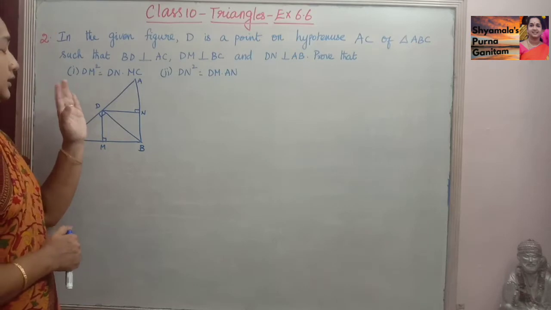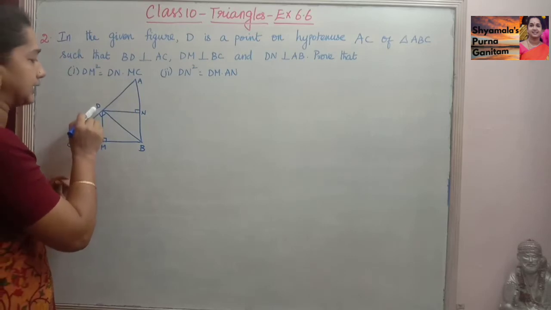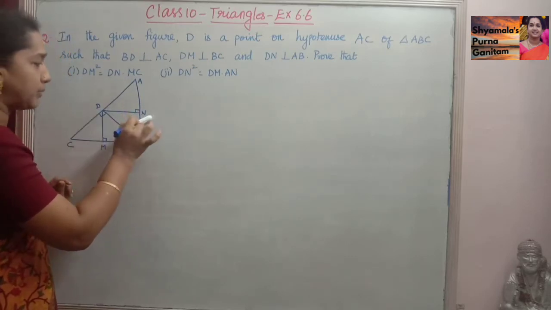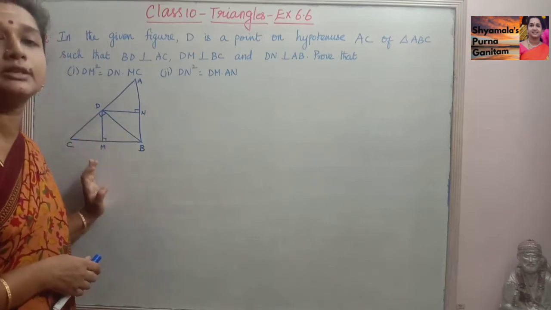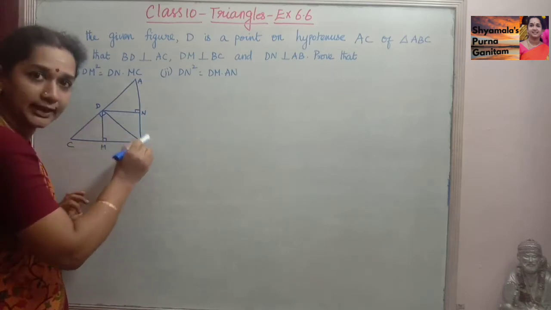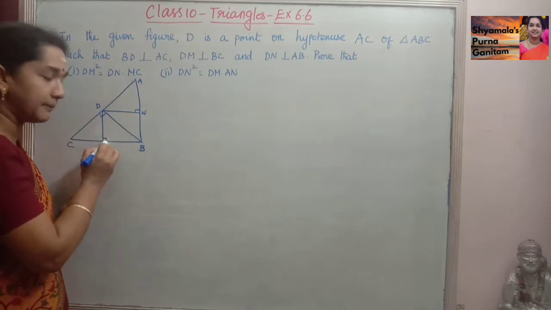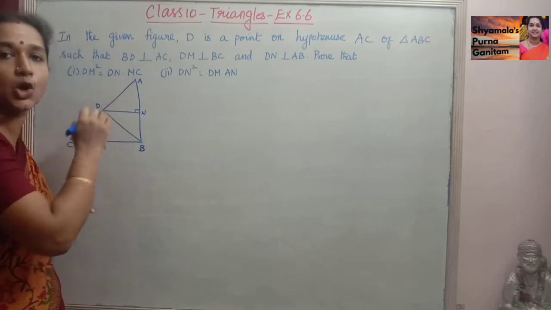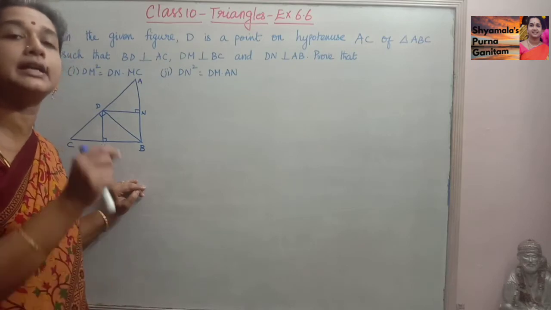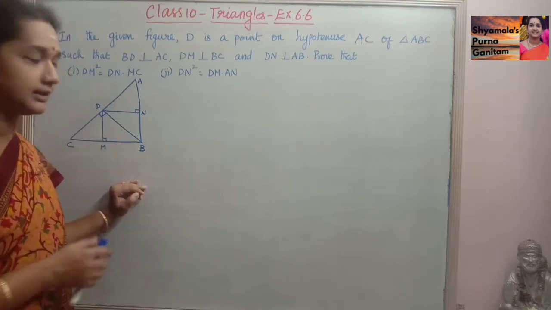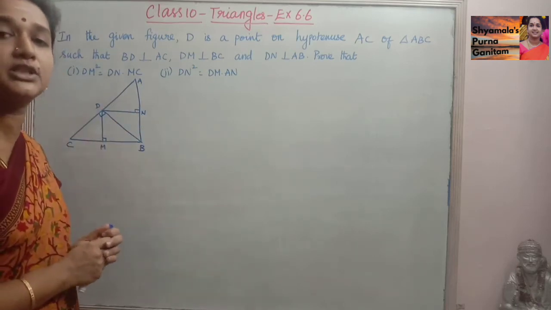Before proving that, here in the question it is given ABC is a right angled triangle and DN is perpendicular to AB, DM is perpendicular to BC. So these two things perpendicular, if we take that part alone, we will get angles are 90 degrees. That is, angle M is 90 degrees and angle N is also 90 degrees. So with the help of this we can say that in a quadrilateral, if one angle is 90 degrees, we can say that it is a rectangle. So we will get DMBN as a rectangle. So first we will write that one.